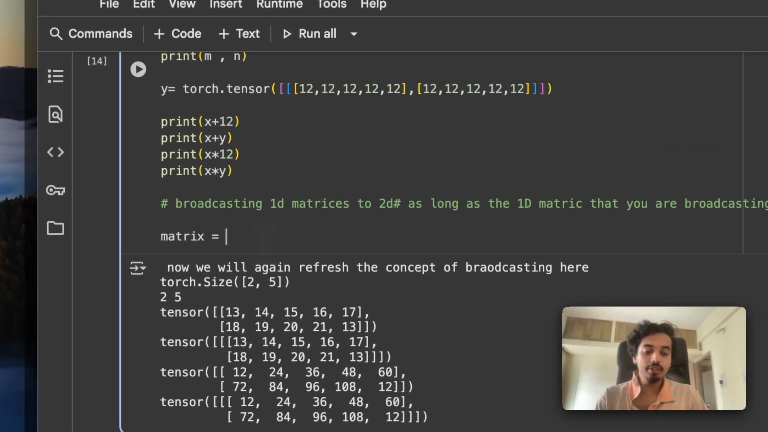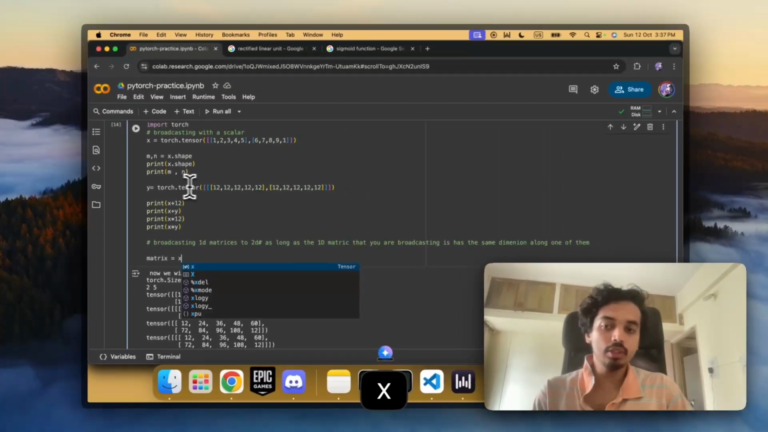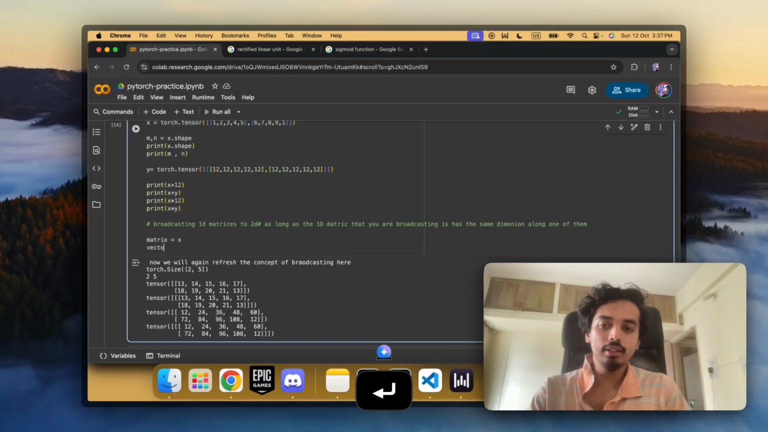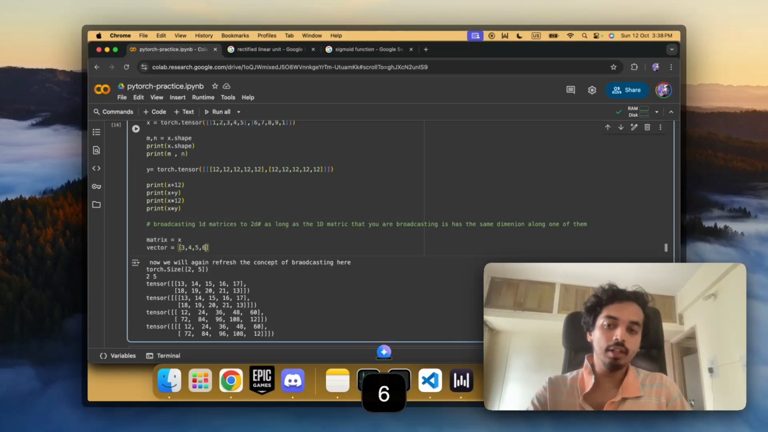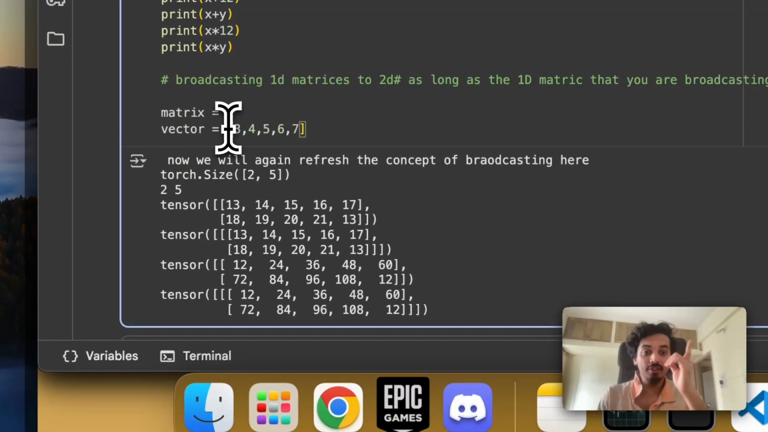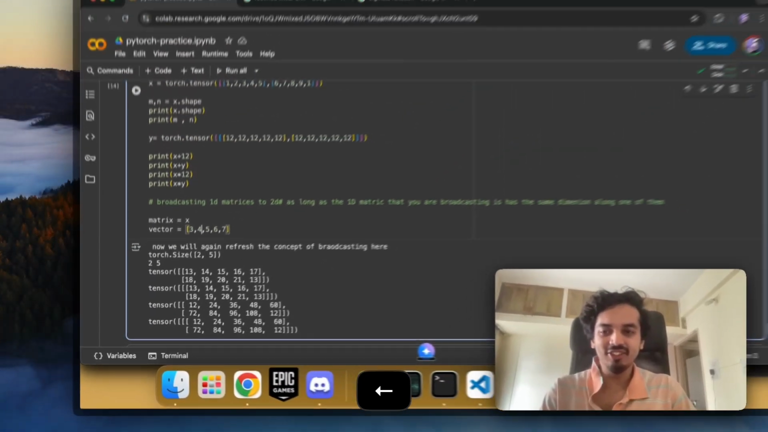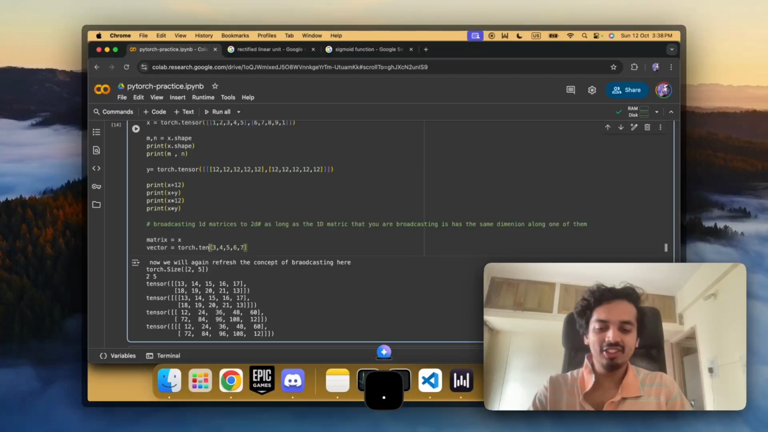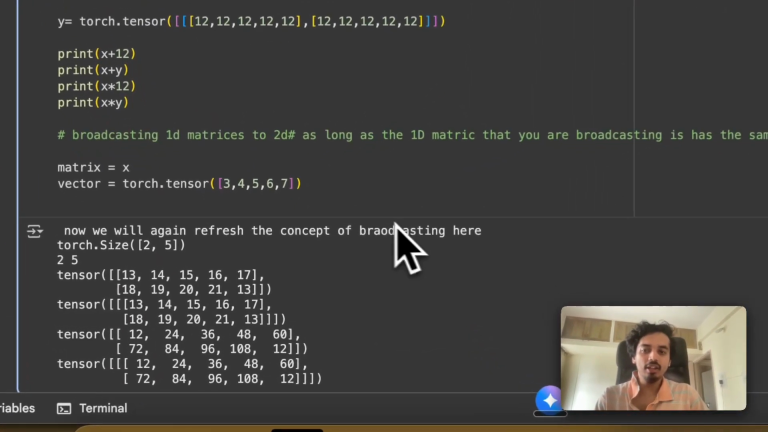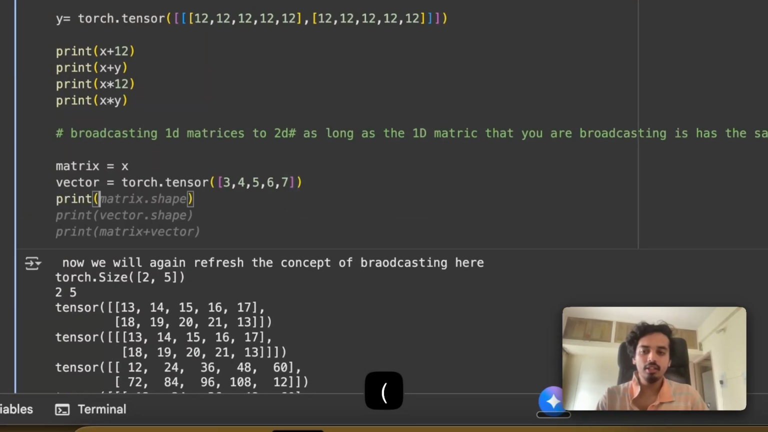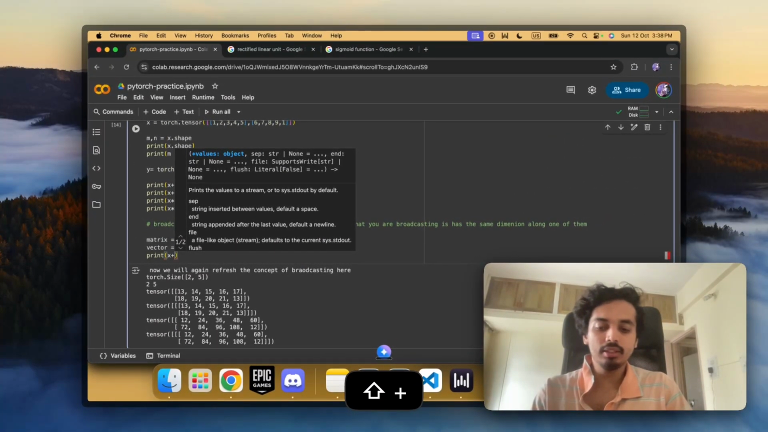I'm going to just write it as matrix is equal to x. Okay, so then we will write over here vector is equal to 3, 4, 5, 6, 7, 1, 2, 3, 4, 5. I completely forgot, I have to do torch tensor. Sorry for that. So I'm going to do tensor of this, right? And then all I can do is write over here print x plus